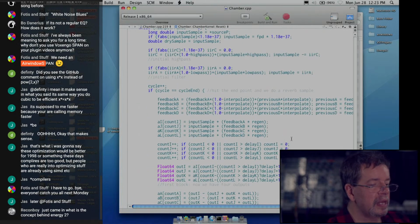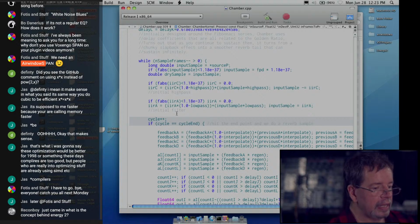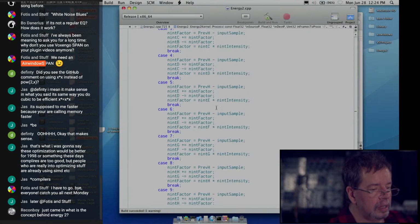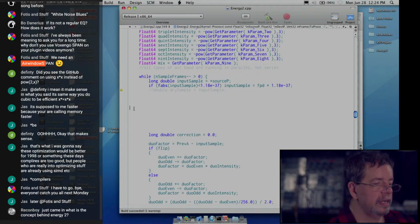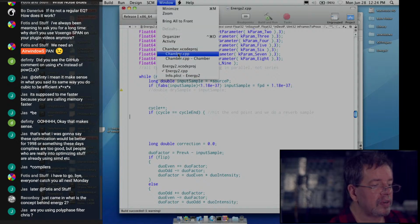Energy2 is going to be putting like everything in. And here's where we start. Boop. If cycle equals cycle end, we're doing a reverb sample, or we're doing an undersampled part. So that goes right at the front here. In here somewhere. Boop. And then all this other stuff is happening between. And then back over to